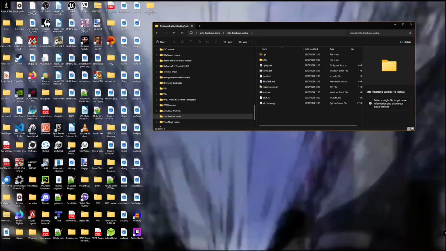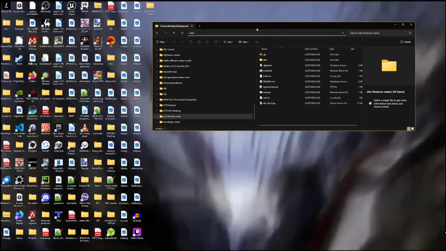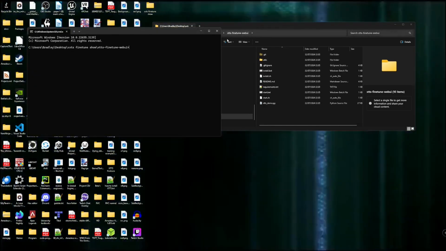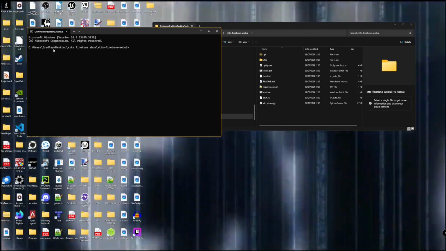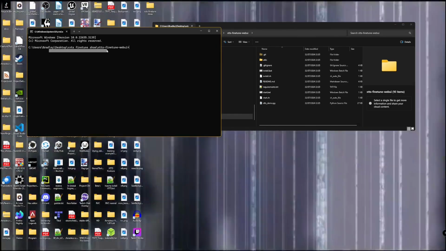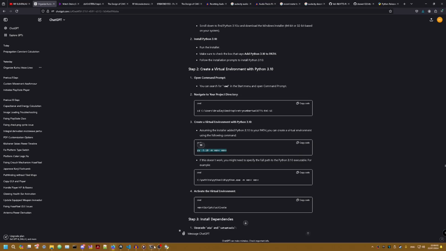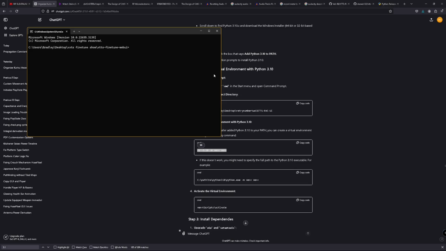So what you want to do now is create a virtual environment. To do that, you type cmd into the main folder of the clone you've just made. Mine is just called Xtts finetune show, and then the Webui, which you've just cloned in. I'm using GPT to guide me through this project, and it's also easier to enter commands this way for me. Because you're explicitly using 3.1, you would enter the command here to set up the